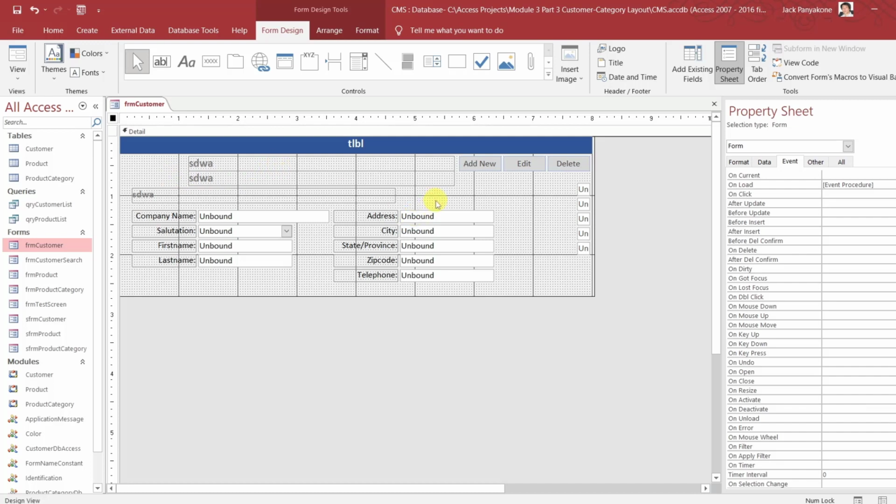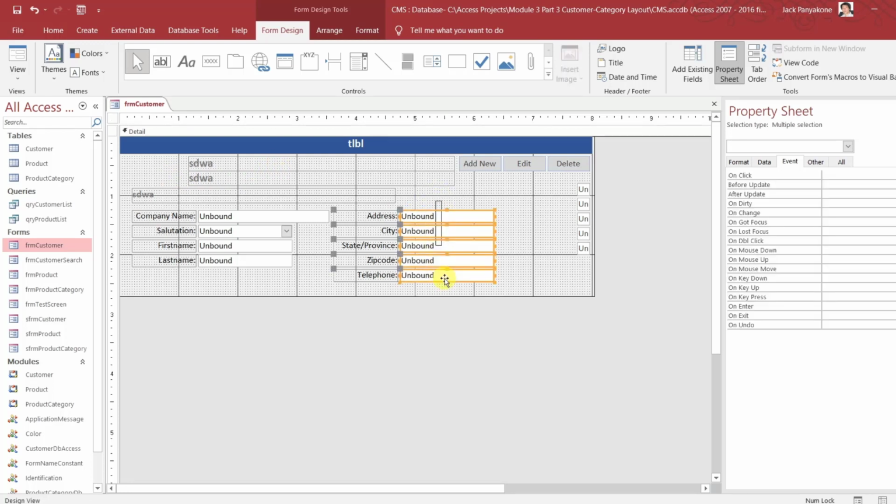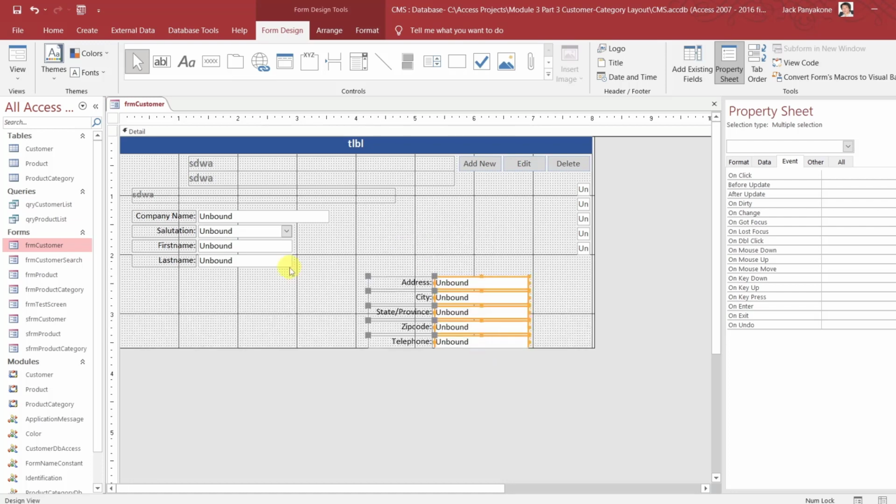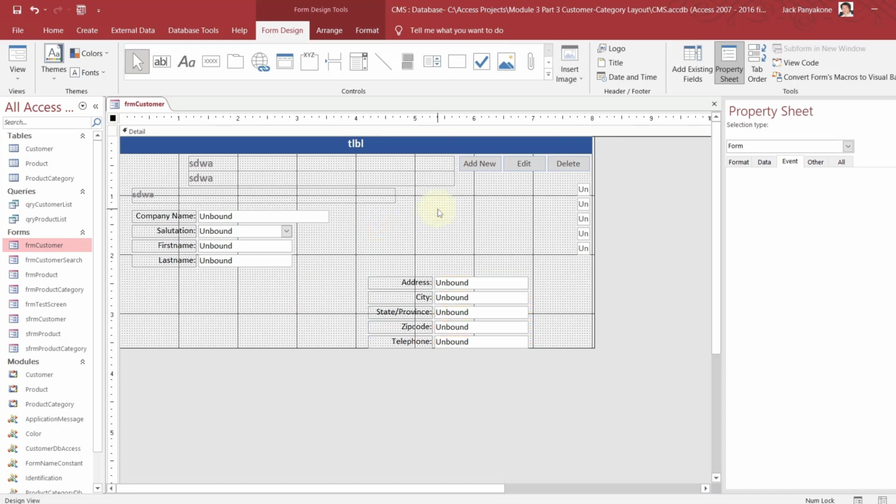We are going to move this guy down right about somewhere there for now, and then we are going to move this guy over there. All right,